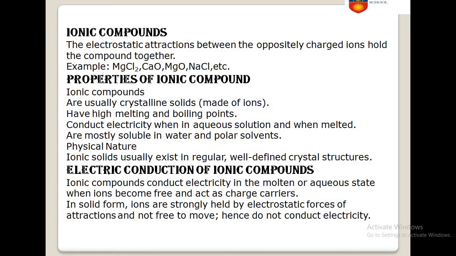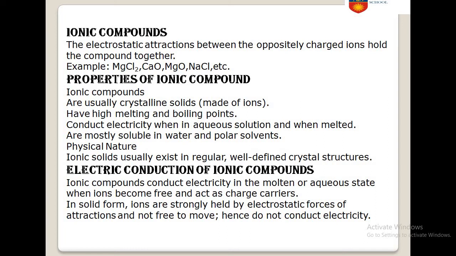Ionic compounds conduct electricity in the molten or aqueous state. I am repeating myself. Ionic compounds can conduct electricity only in aqueous or molten state, because in this state the ions are free and mobile. But they cannot conduct electricity in a solid state, because it is tightly packed. They don't have free mobile ions that can move. Clear?